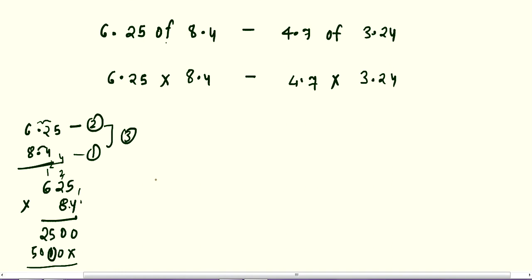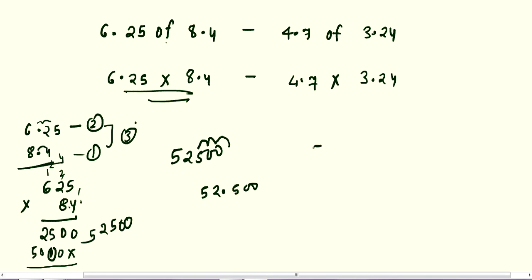So 0 0 5 2 5, 52500. We are having 3 places, so starting from last, 1 2 3. So our required answer is 52.500. So in this place we will write 52.500. Similarly for this, 4.7 into 3.24, you will get